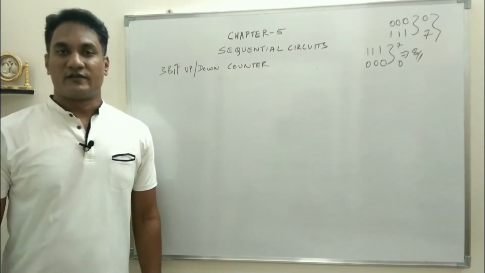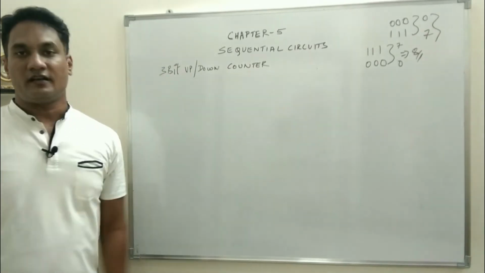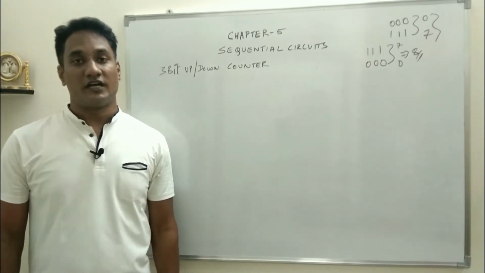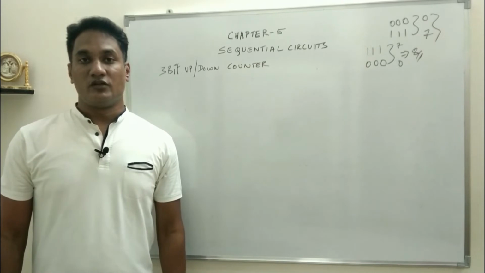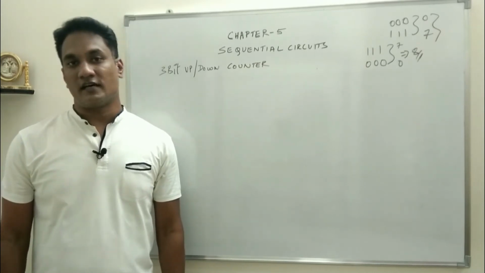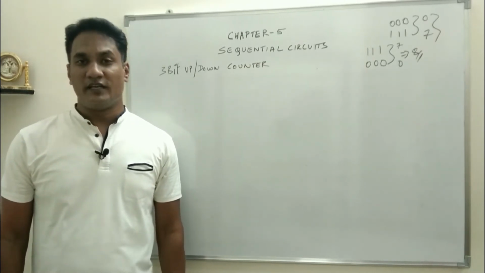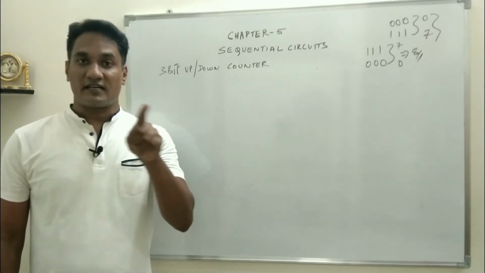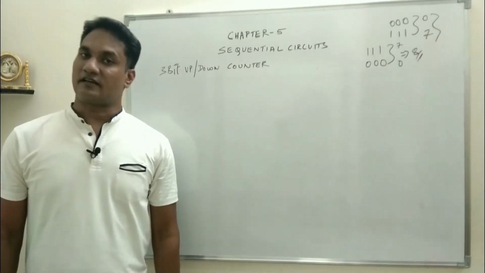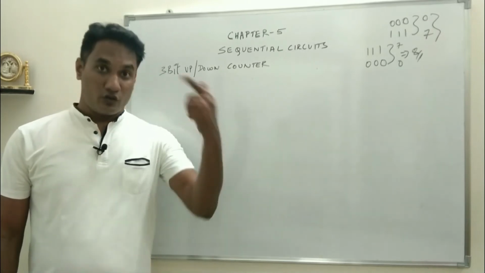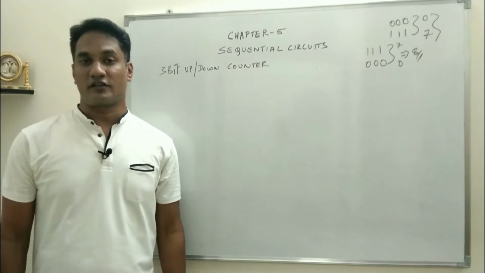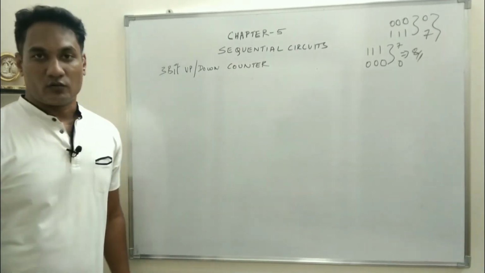The next circuit which we'll try to understand is the 3-bit up down counter. In the previous video we understood how a circuit can be used as an up counter or as a down counter. The only difference between an up and down counter is if the Q output of the previous stage is connected as clock input for the next stage, the circuit works as an up counter, and if the Q bar output of the previous flip-flop is connected as clock input for the next stage, it works as a down counter.